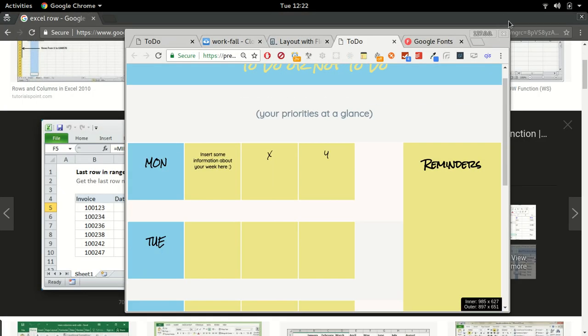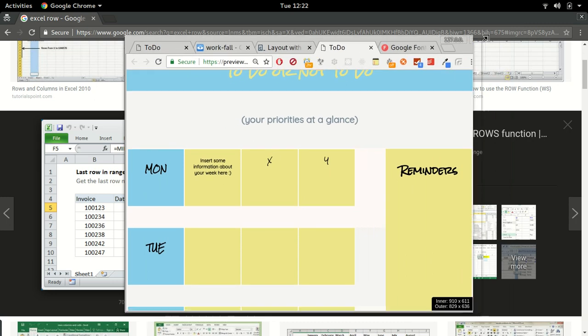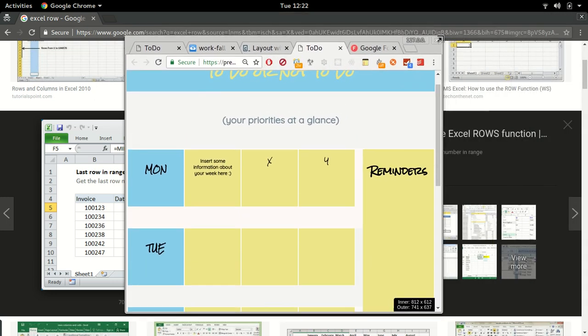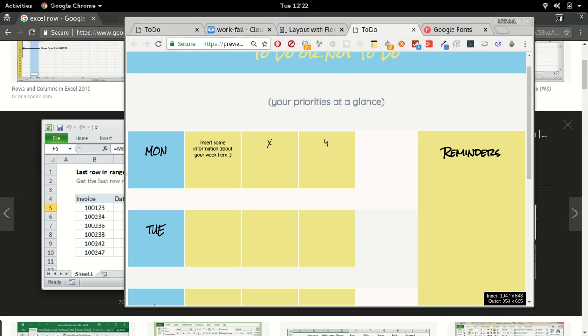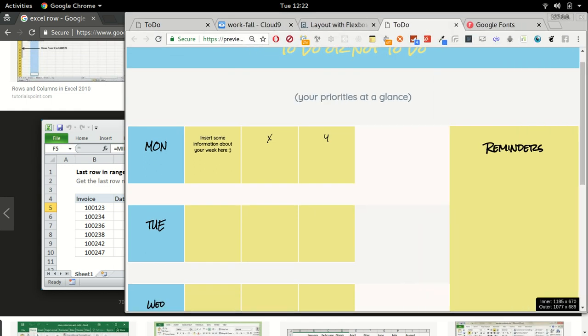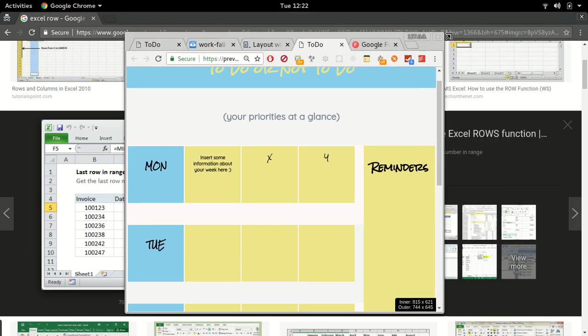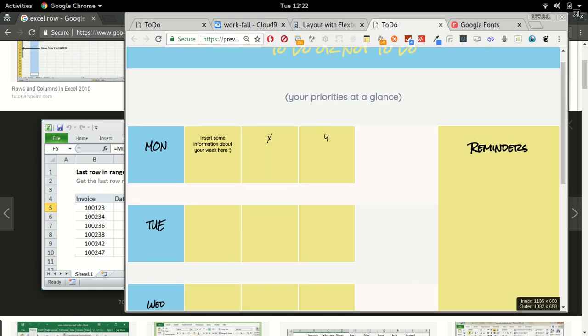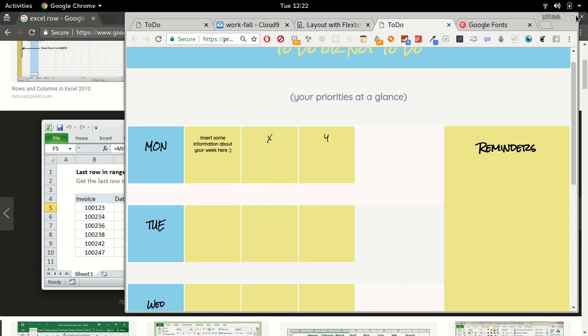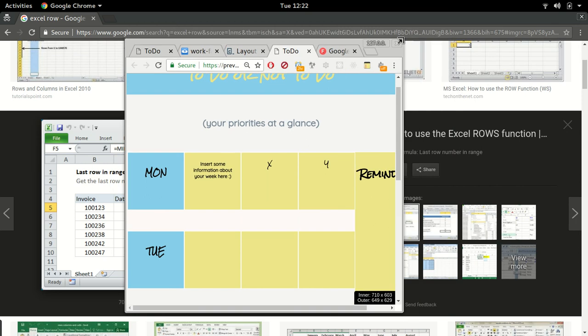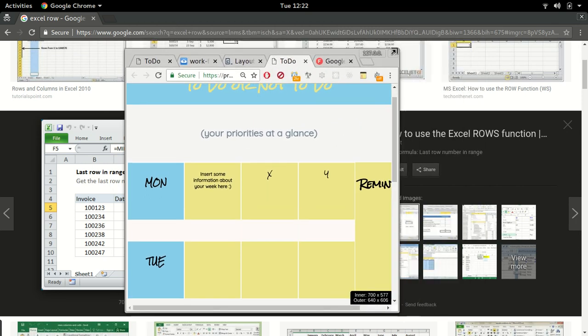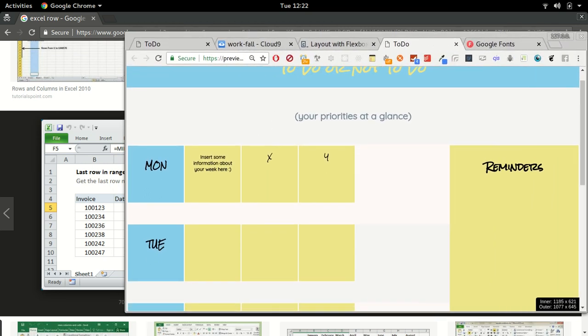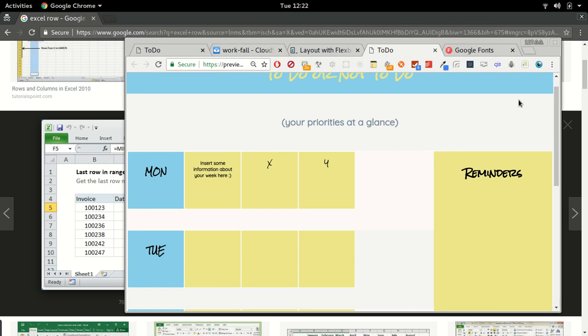Now you can see that reminders is growing. You see that? It's growing. We also see that our week is growing. You see the week is taking more space than the reminder. So there was some extra space. Now the week is growing and the reminder is also growing. When the screen size is small, you can see that the reminder shrinks a bit and then grows, and the week is also growing here. But the problem is, you can see that